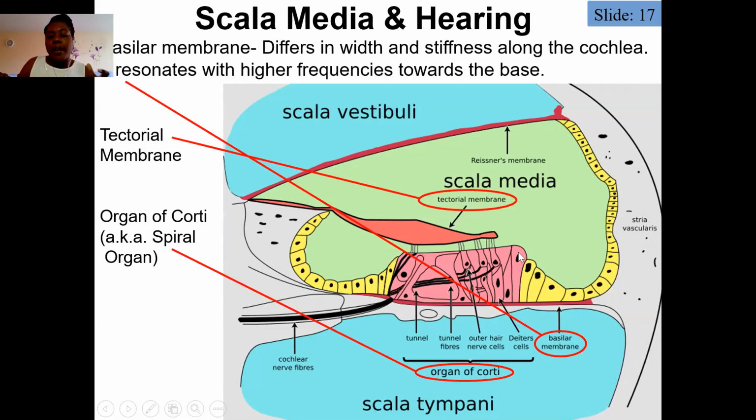And so the way that hearing is perceived is that different sounds will vibrate the fluid that is found either closer to the tectorial membrane or closer to the basilar membrane, depending on the pitch of that sound. So if I'm appreciating a really high-pitched sound, like the siren of an ambulance, the hairs that are closer to the basilar membrane are going to vibrate, and my brain, via the vestibular cochlear nerve, is going to perceive that